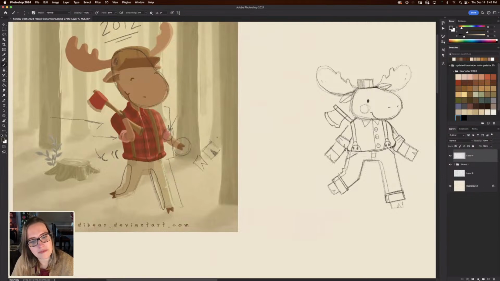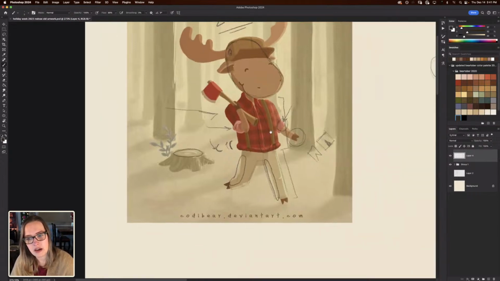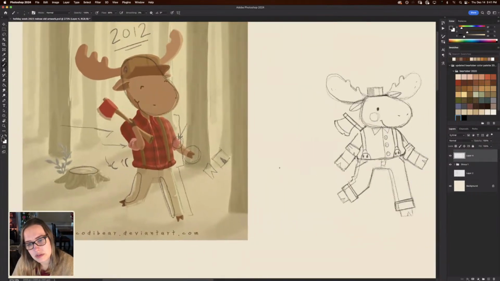So if I were to draw this stump now, I definitely wouldn't draw it in perspective like this. I would definitely use my techniques of forced flat perspective and do this shape as the top of the stump here. And I probably would also just simplify the shape of the stump in general.